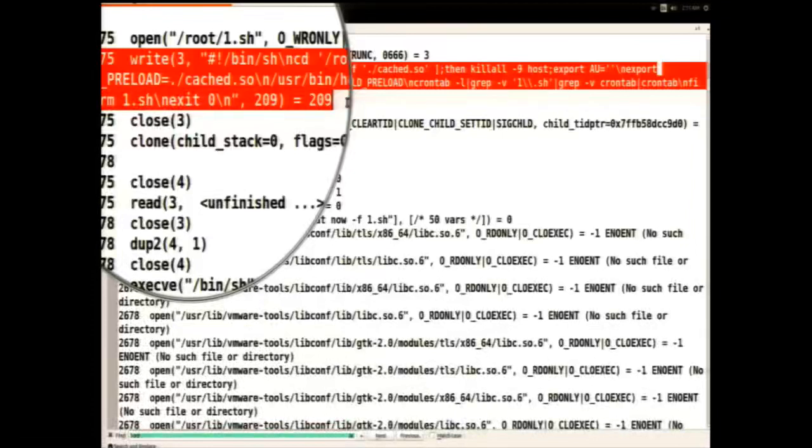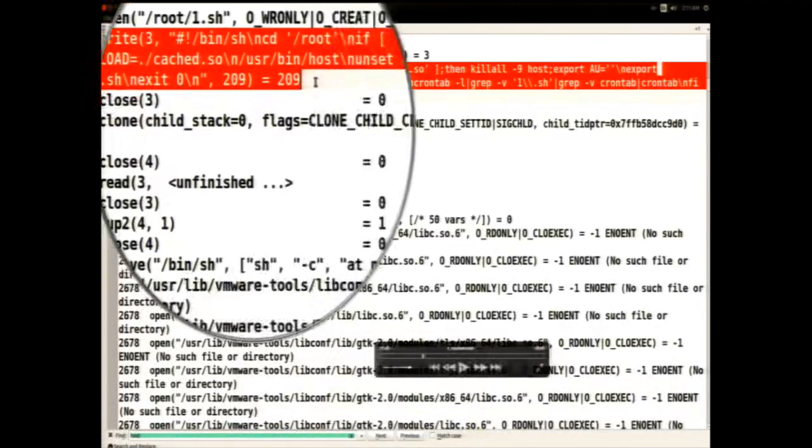In this case, the malicious exit function is collecting the system info. When the host process calls exit, it calls into exit in the cache.so file. This is the malicious function. It is collecting the system information, sending it to the attacker, and then calling the actual exit function in the standard library. So by using the ld_preload technique, the malware made the legitimate process, the host process, call a malicious exit function and then do its malicious activity.